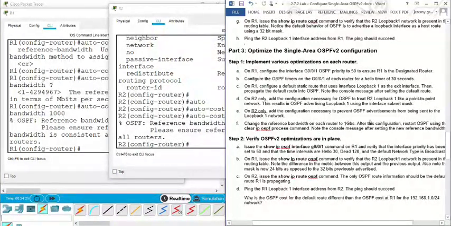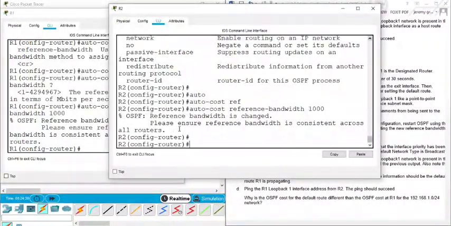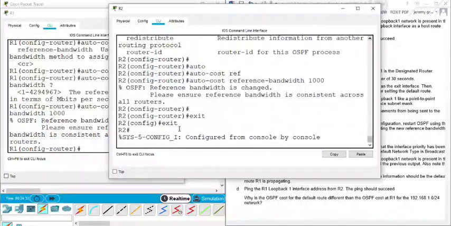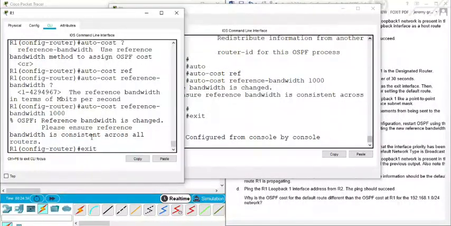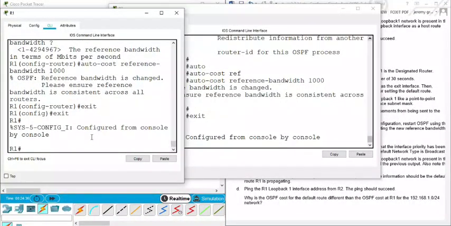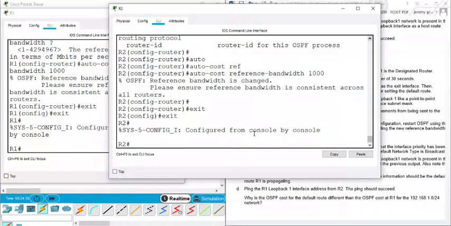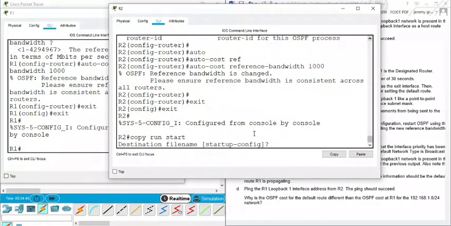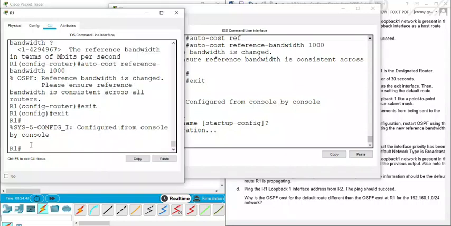So let's restart OSPF using the clear command. So let's exit out of here, both of these things. Let's do a clear. Well, for that, let's copy run start. Let's make sure we got our config saved. So versus rebooting,